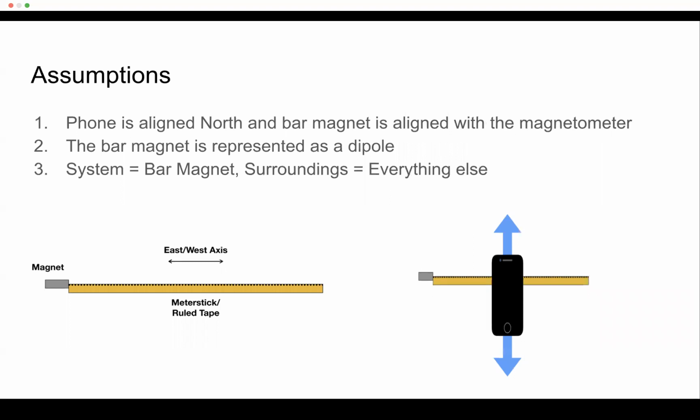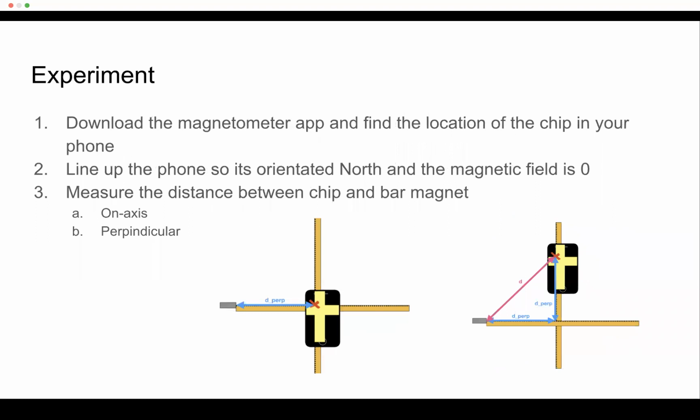Some of the assumptions we made during this lab are that the phone is aligned north and the bar magnet is aligned with the magnetometer. The bar magnet is also represented as a dipole, and the system equals the bar magnet. Surroundings are everything else. Some of the steps of this experiment are to download the magnetometer app and find the location